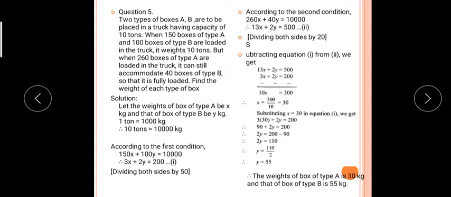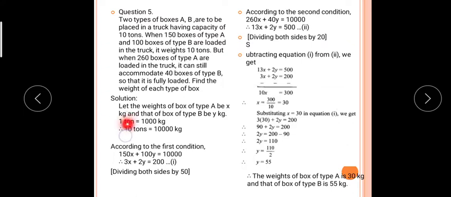What we have to find out in this question? The question is lengthy, but it is very simple. We have to find out in this question the weight of each box. How many types of boxes are given in the question? In the question, two types of boxes are given, that is A and B. Okay, students. So, let the weight of box A be x and the weight of box B be y. Why? Whatever value we have to find out in a question, that value you have to consider by using a variable.